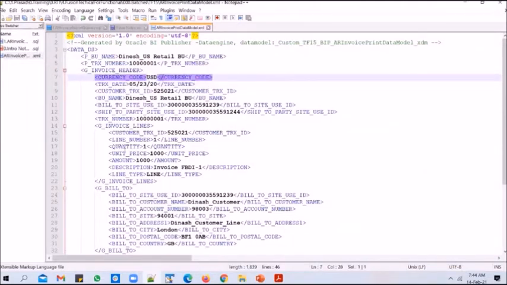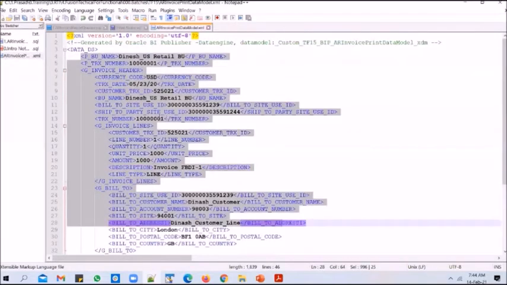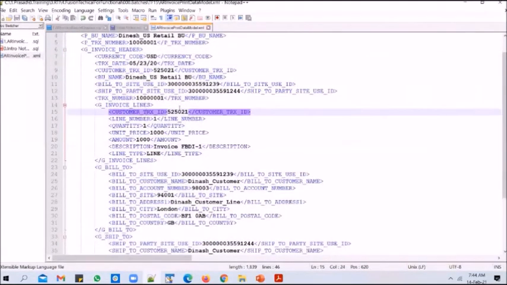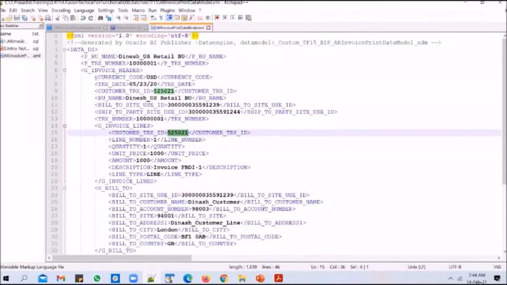You will have this slash before the end tag. So for every attribute, you have a start tag followed by value for that attribute, and you have an end tag. And the same logic applies for all the attributes. So you have a start tag and end tags for each attribute, and in between the start and end tags, you have the actual value. And the attributes will be enclosed in these brackets.